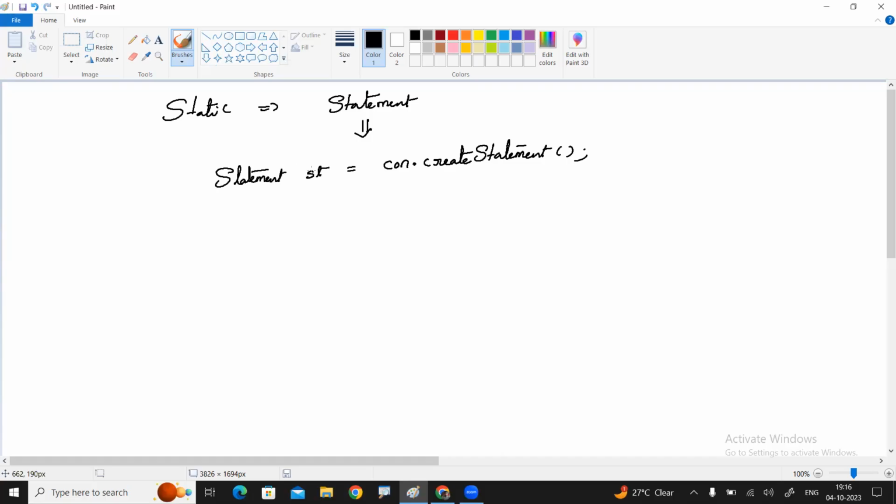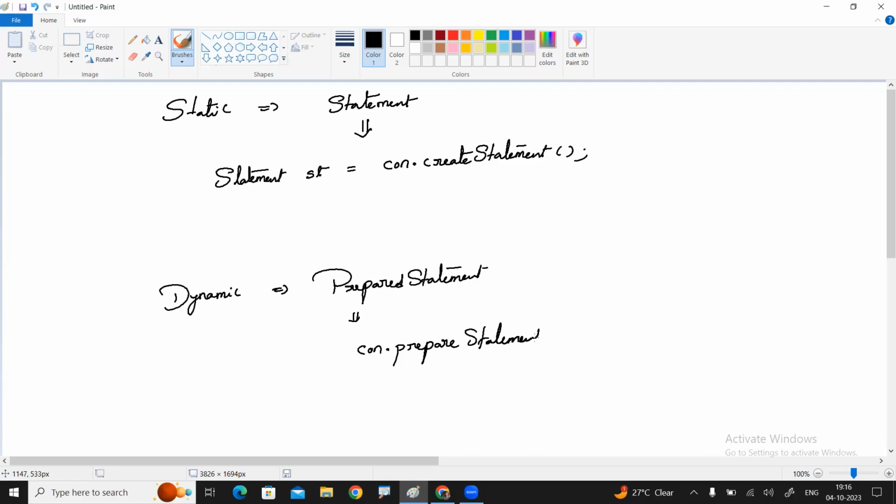Next, how will you execute dynamic queries? That is prepared statement. Sir, how will you get the prepared statement object? Once the connection is ready, the connection dot prepare statement method is there. By calling that, you will get the prepared statement object.